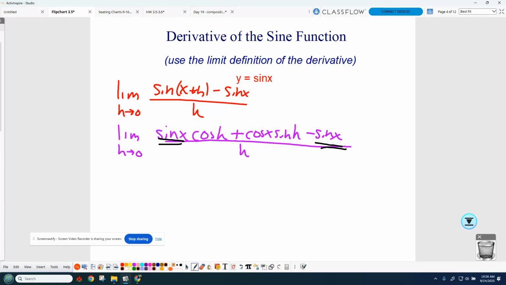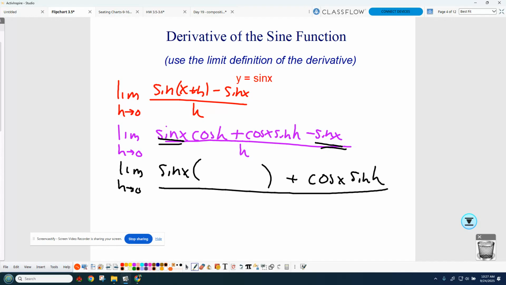Yeah. Okay. So when I take sine x out of those two pieces, I get cosine of h minus 1 and